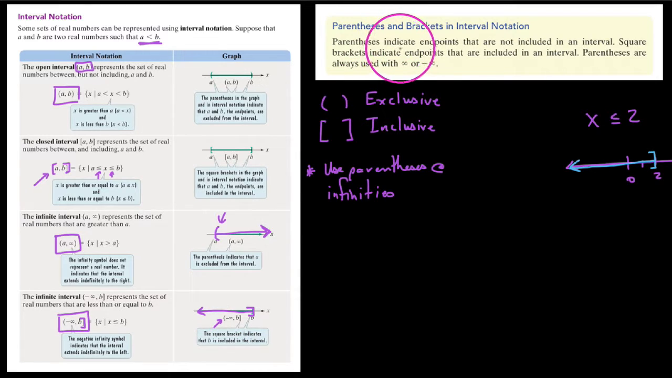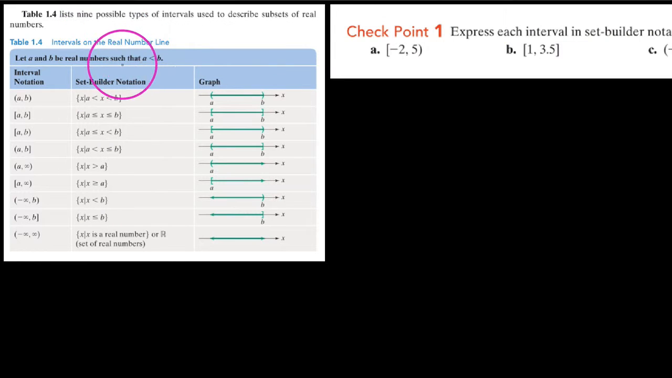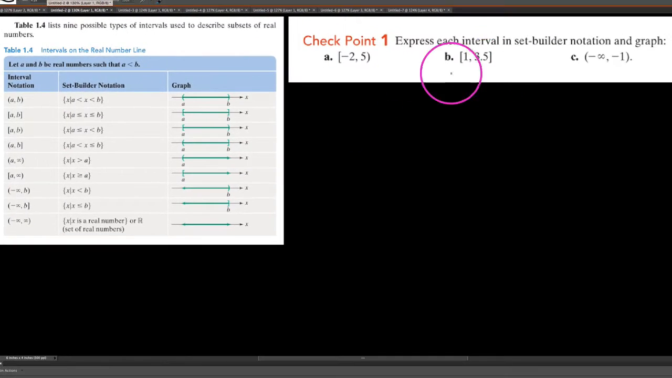So keeping in mind, parentheses indicate that the endpoints are not included, and square brackets indicate that the endpoints are included in the interval. And note here, parentheses are always used with negative or positive infinity. So what we want to do in this particular instance is basically graph all of these or represent them in